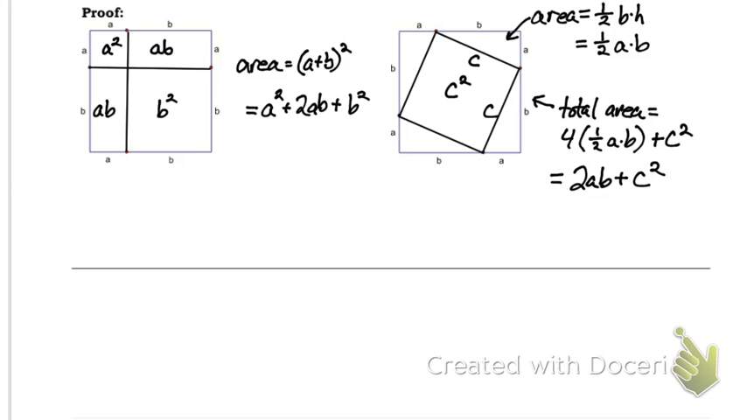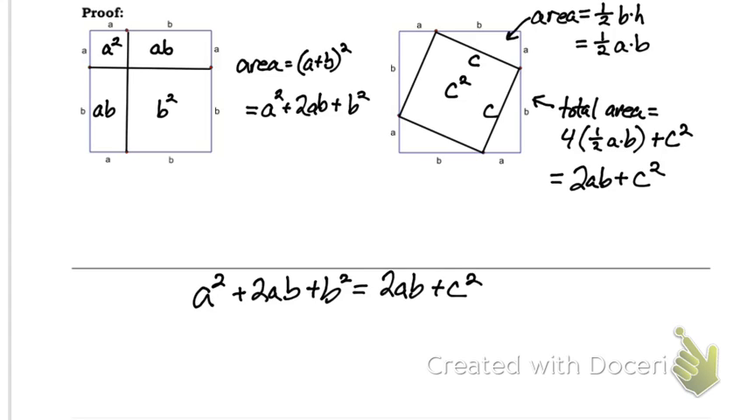Now these are the exact same size, so the areas must be equal. So even though this is written this way, and this is written this way, they both must be equal to each other because they're both the area of these 2 given squares. So what we're going to do down here is set them equal to each other. So we're going to say the areas are equal, so A squared plus 2AB plus B squared is going to equal 2AB plus